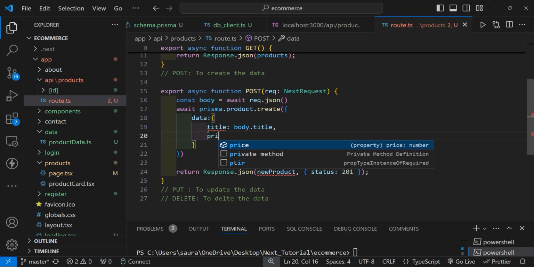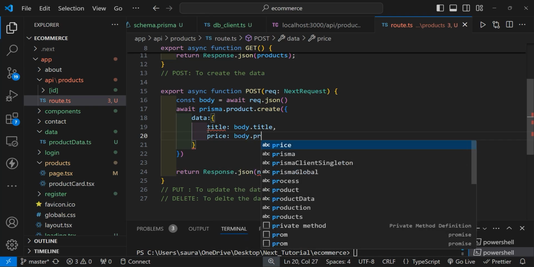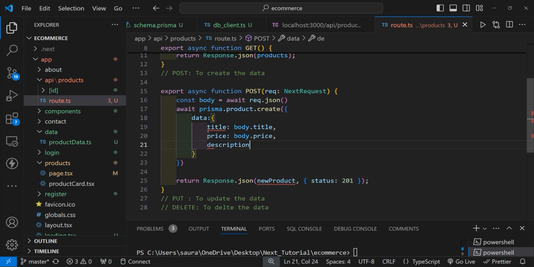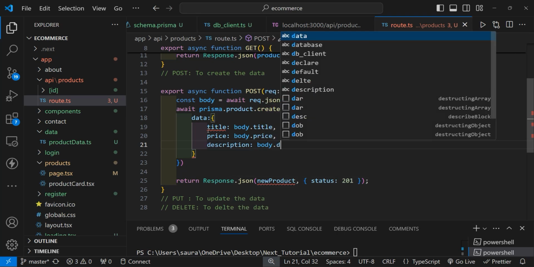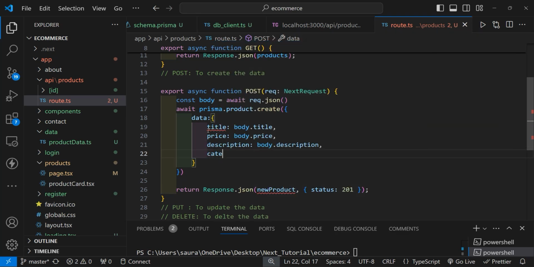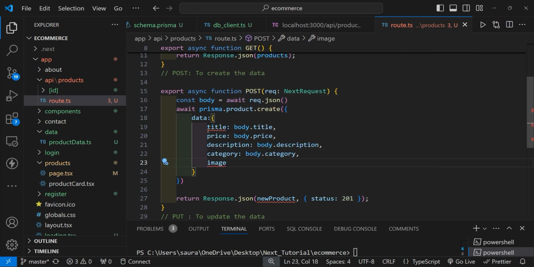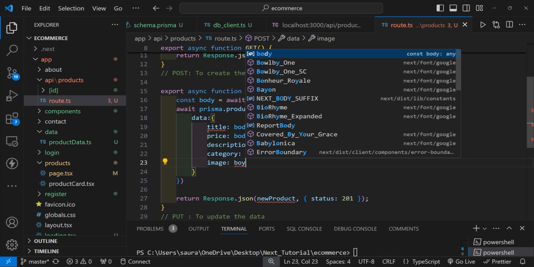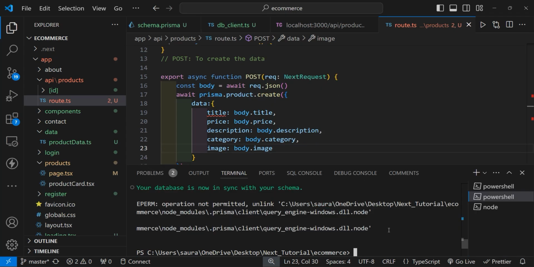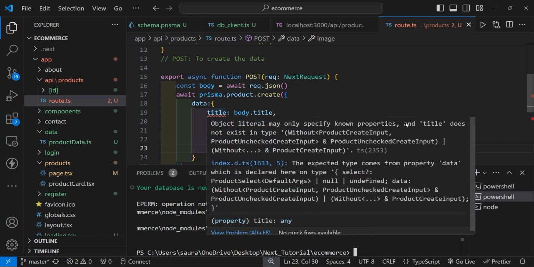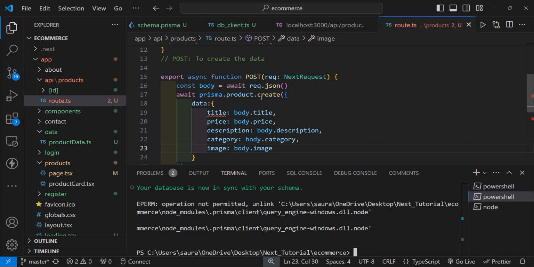Then we have a price, body.price, and after this description, body.description, and then category of the product which is body.category, and finally image of the product. So image body.image, and as you can see here it is showing error, title does not exist,